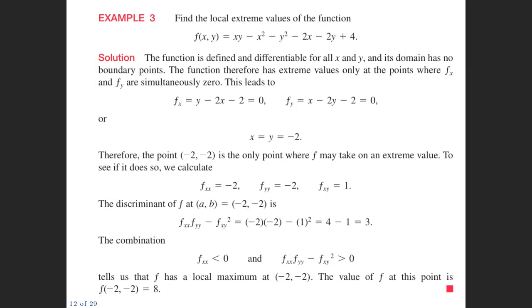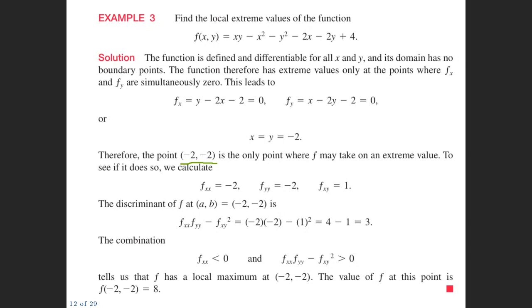The function is defined and differentiable everywhere, so we're just looking for the points where the first order partial derivatives are equal to 0. So we're looking, where can we have fx equal to 0? Where can we have fy equal to 0? And the answer is only when x and y are minus 2. So we're looking at the point minus 2, minus